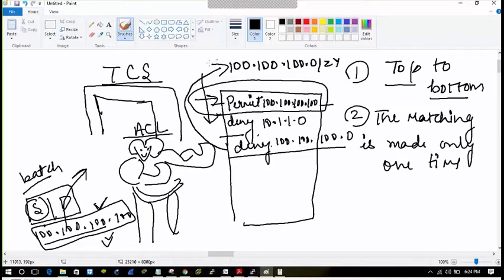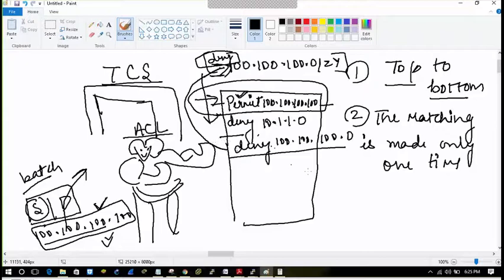For example, if we want our entry to get permitted, but somebody comes and puts a deny above this permit, it will match that first, and as our rule says, the matching is done only one time. The matching has told it to deny this packet, so the packet will be denied and not permitted. So the placement is very important in the access list.